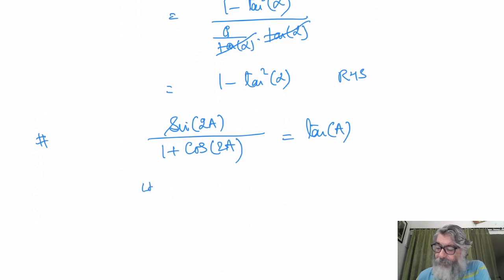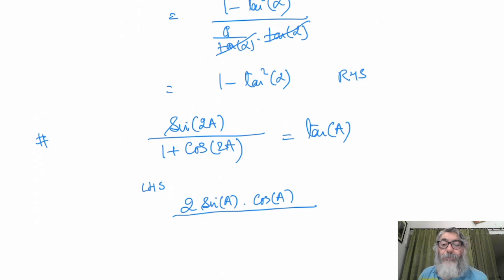Now, if I see the left hand side, sin 2a is 2 sin a cos a. Now, you have to use a little bit of sense. Like 1 is there. I don't want this 1 to be there. And on the right hand side it is tan a. First of all, I have to remove 1. So I can write 1 plus cos 2a. Cos 2a can be written as cos square a minus sin square a, which doesn't remove 1. I can write 2 cos square a minus 1, which will remove 1. So let me write it as 2 cos square a minus 1. So immediately this 1 and 1 will cancel.